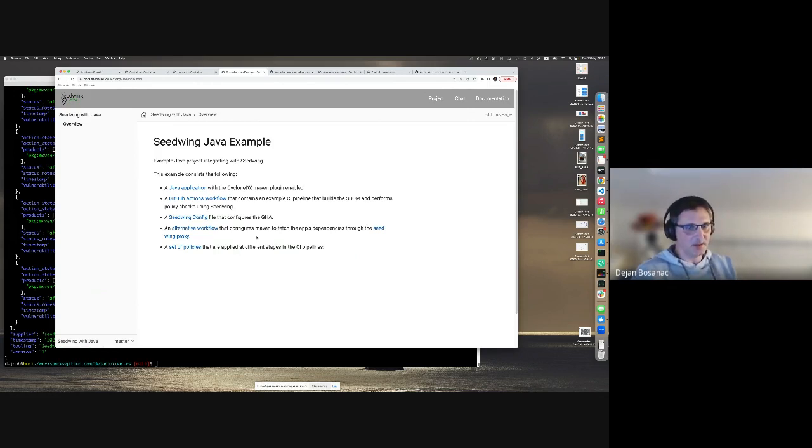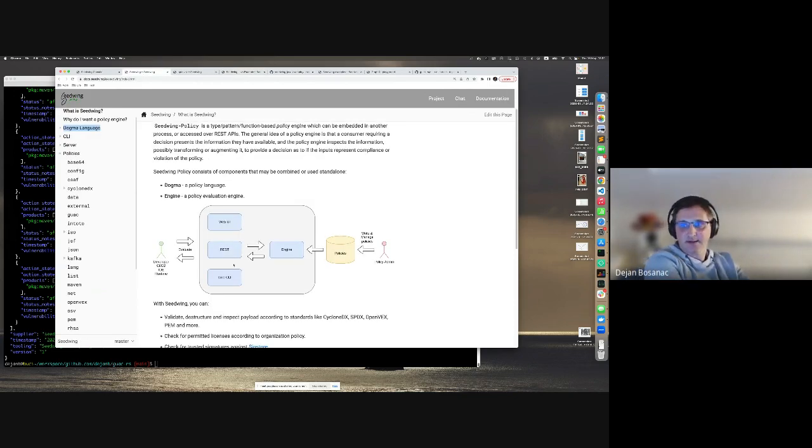Basically, try to catch errors as soon as possible, so prevent builds that would pull any dependency that doesn't